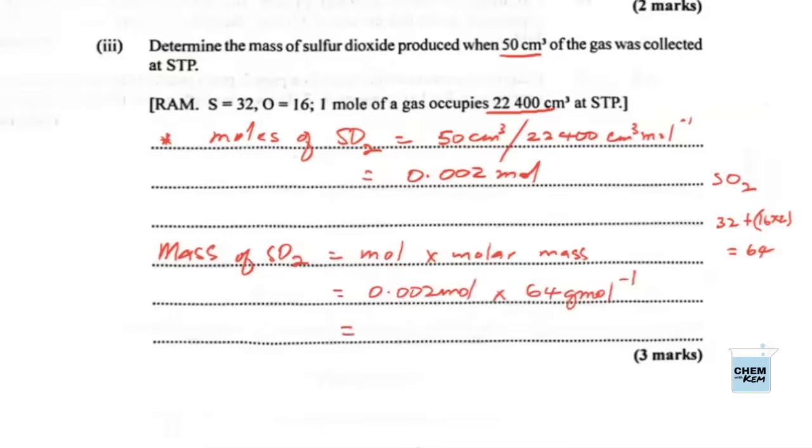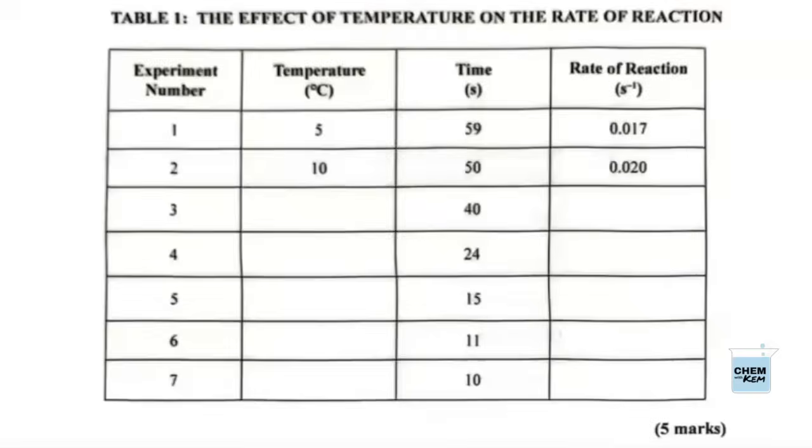And that will give us 0.143 grams of sulfur dioxide. So we're at part 1 of C. We read off our temperature readings earlier, so we're just going to put those in. We had made a note of those, so let's just put those in for minute 3, 4, 5, 6, and